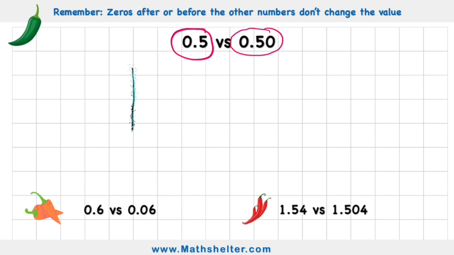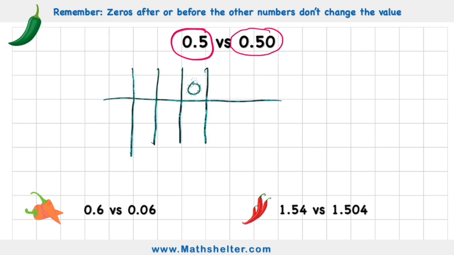So let's draw our lines and let's put our ones, tens and hundreds, and on the other side of our ones we have our decimal, then our tenths and our hundredths. And we could obviously go as far as we want in either direction, but I think this will be enough for now. So if we put 0.5 in here, 0.5 is made up of 0 ones, a decimal place, and